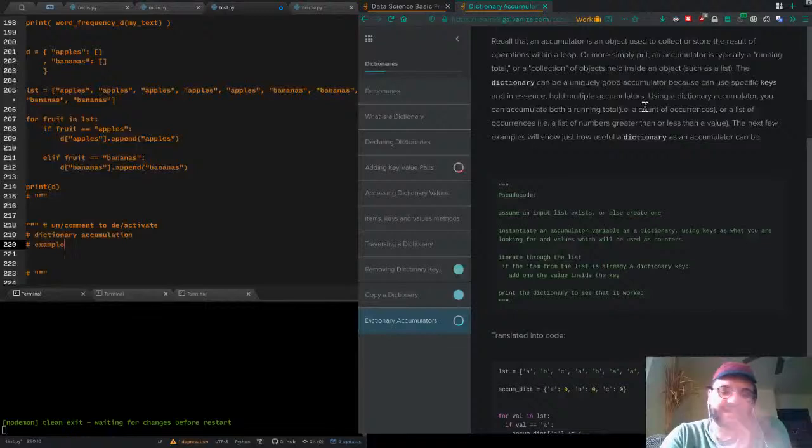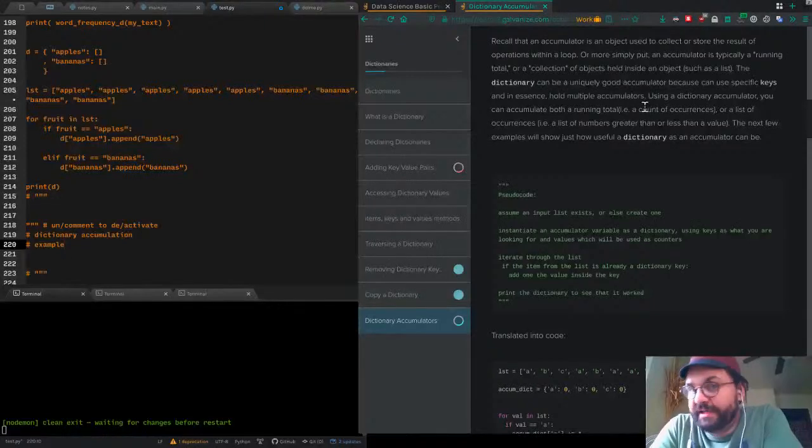Each time it goes through the loop, some set of conditions or operations is performed that leads to the accumulator being altered or not. When the loop is over, the accumulator will have a new value. More simply put, an accumulator is typically a running total or a collection of objects held inside an object, such as a list